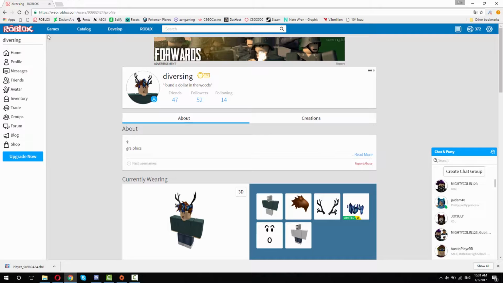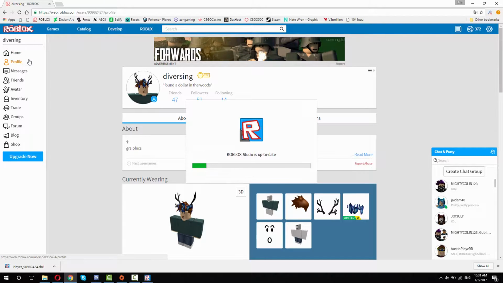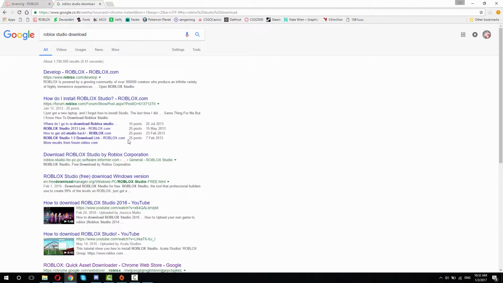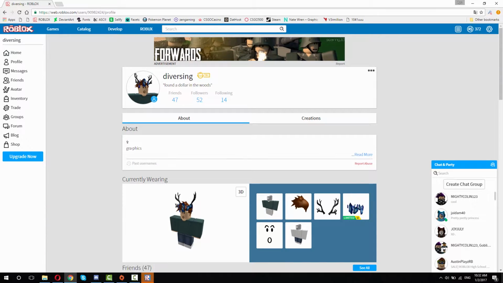Make sure you have Roblox Studio. Roblox Studio should come with Roblox, but if not, just search Roblox Studio download, and then you can find it all. Okay, so